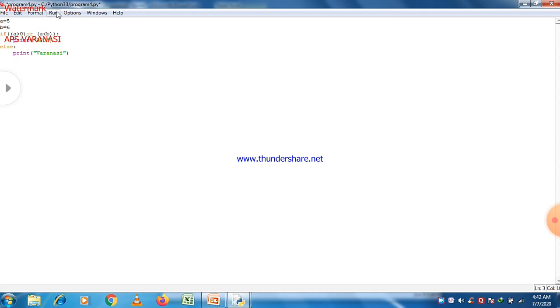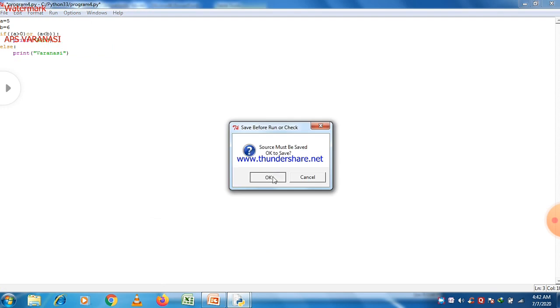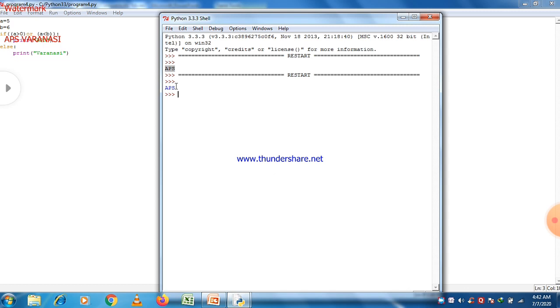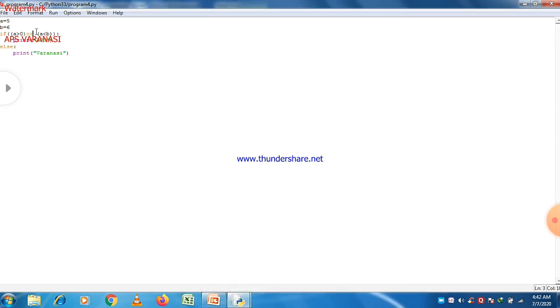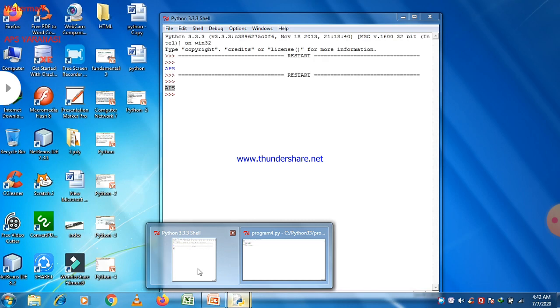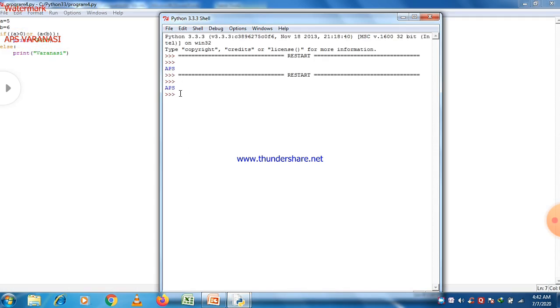So let's change it, and the conditions are separated by OR here, and then execute it. And as we know, again the answer is the same. Why is the answer the same? Because OR requires at least one statement to be true, and here both statements are true, so the answer will be the same as the previous one. The first condition is 2 is greater than 0, of course, so no need to check other conditions. So APS will be printed here because at least one condition is required to be true, and the first condition is true, so we don't require to check another condition. Whether it is false or true, it doesn't matter in the case of OR. So APS will be printed in this case.